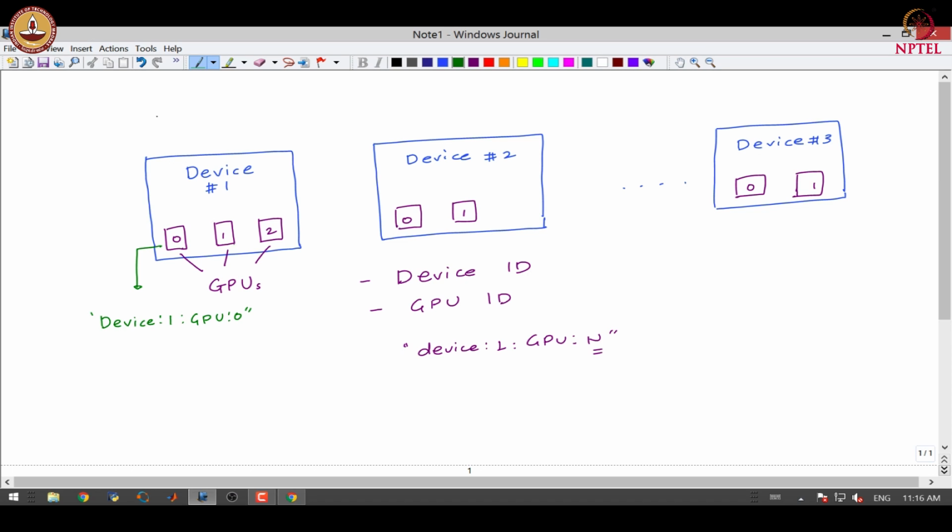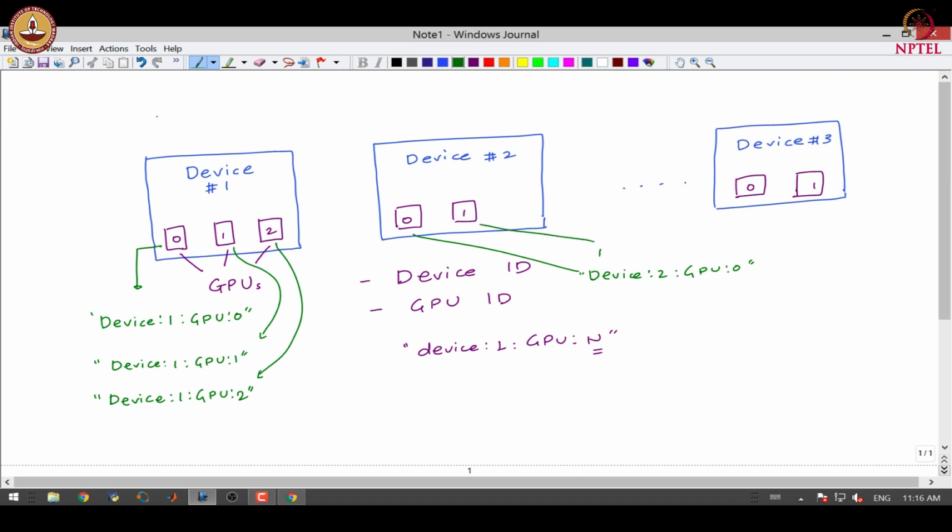This is device 1, GPU 1, this one becomes device 1 and GPU 2. This guy is device 2, GPU 0, this is device 2, GPU 1.